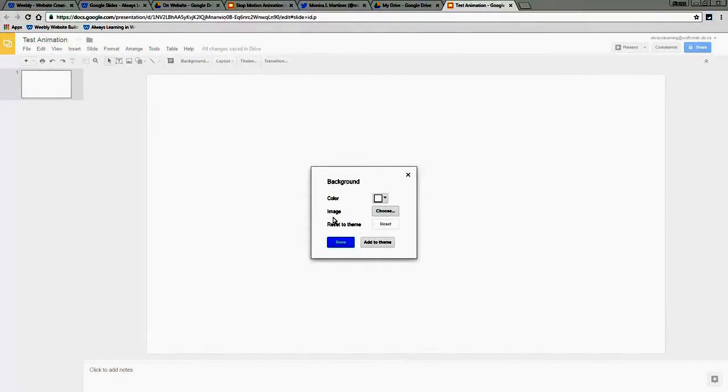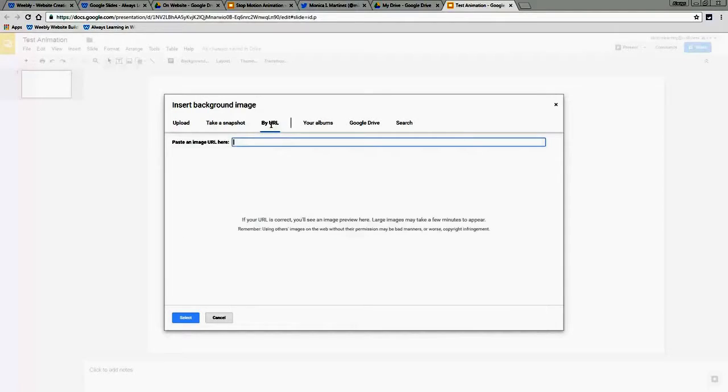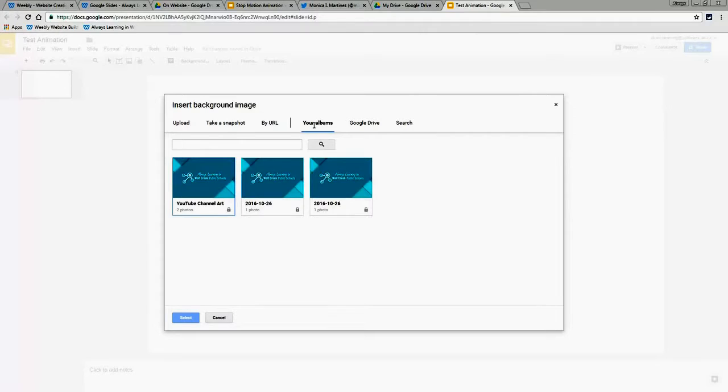To create the setting for your animation, you can either insert an image or just change the background. So if you click on background, go to image and choose. These are your standard ways to upload an image into Google Docs or Google Slides. If you have an image on your desktop, you can upload it. You can take a picture with your webcam. If you have the address or URL of an image, you can insert it here. If you have any images stored in your Google Drive,